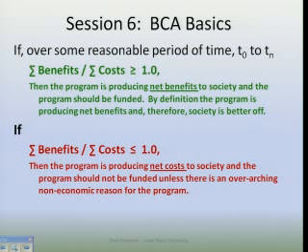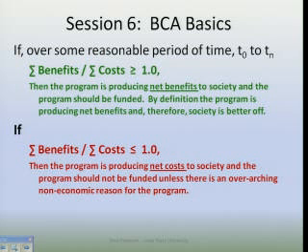If benefits divided by costs are greater than 1, the ratio is greater than 1, then it's producing net benefits to society, and the program should be funded. We would say this is a good deal for society. By definition, the program is producing net benefits, and therefore society is better off